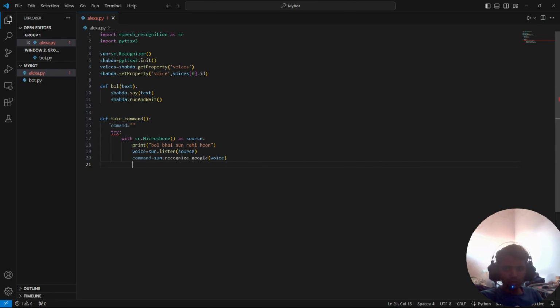correct? So after doing this much, we'll convert this text into lower case so that it doesn't give us any error, correct? Now it is converted into lower case, so we'll say if Alexa in command. So if there is Alexa in the command, then only we want to proceed. We'll say command is equal to command dot replace, so if there is Alexa in our command, then we'll just replace it with an empty string, correct? Then we'll just print our command,